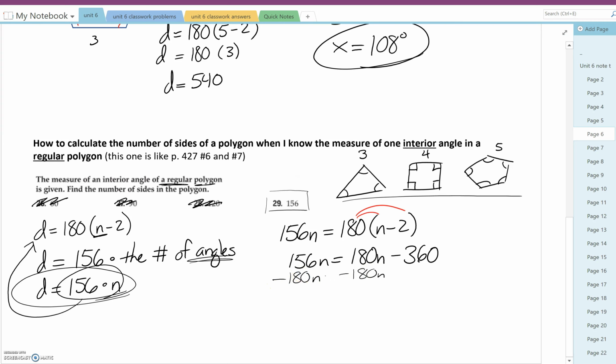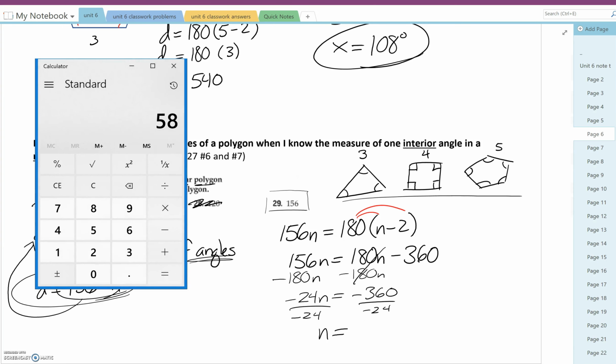I want the numbers on the other side. 156 minus 180, negative 24N equals negative 360. Divide, not by N, divide by negative 24 on both sides. And N is going to be equal to 360 divided by negative 24,